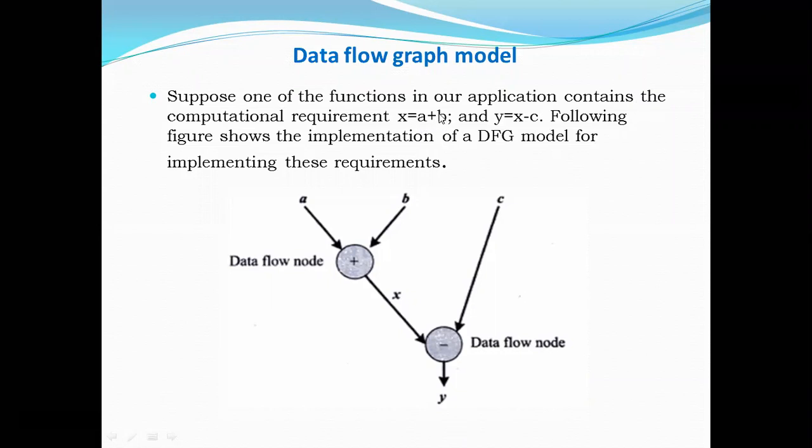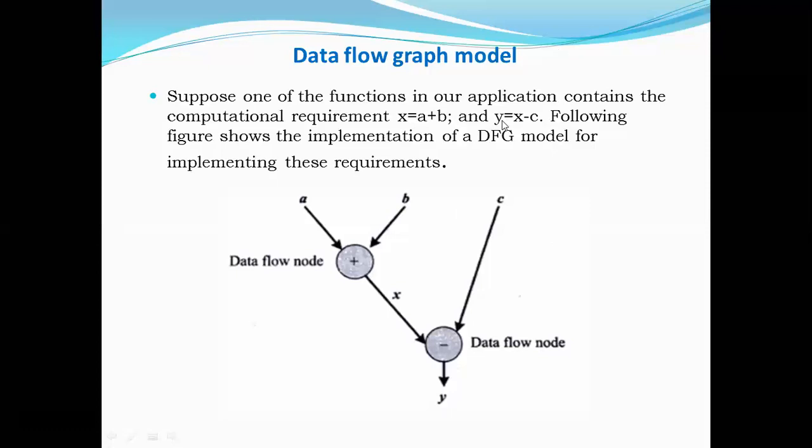So here x equals a plus b. There are two inputs, a and b. These will be given to one process. Basically, you know that in computer architecture, the arithmetic logic unit does the addition or subtraction, right? So here it is acting as one process or one system. These inputs are given to that process, and whatever output you get, that is x. This x is given as an input to the next one, that is y, right?